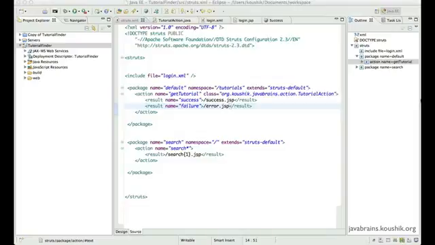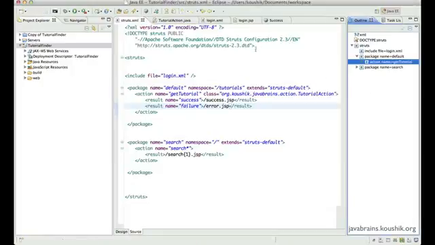This is going to be a very quick tutorial, a very quick tip on how you can override the default execute method in your Struts2 application. Now if you look here,